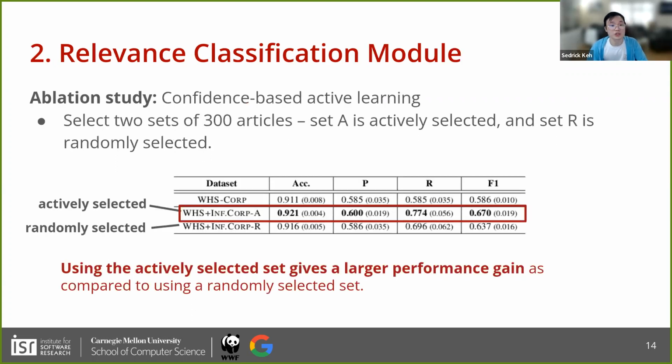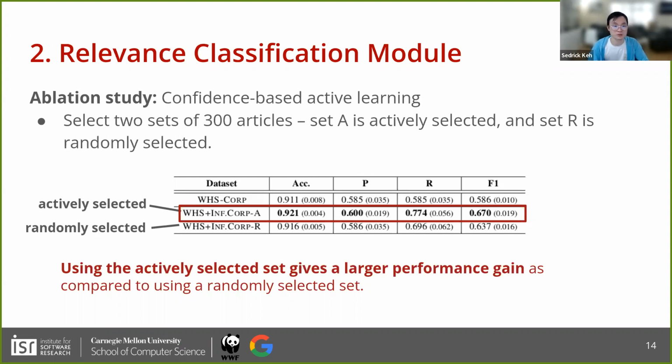To verify this, we conducted an ablation study. We had a set of 300 actively selected articles and another set of 300 randomly selected articles. From this table, we see that if we add the actively selected articles compared to if we add the randomly selected articles, adding the actively selected articles gives a higher gain, a larger performance gain. And this is consistent with our hypothesis that indeed training with these harder data points will help the model to